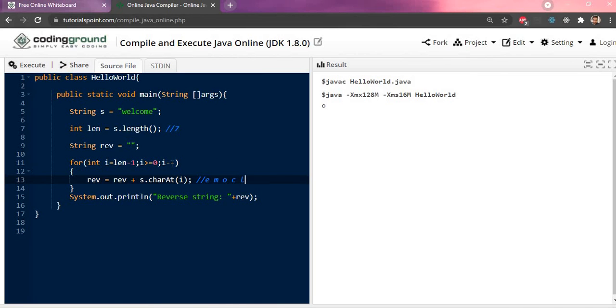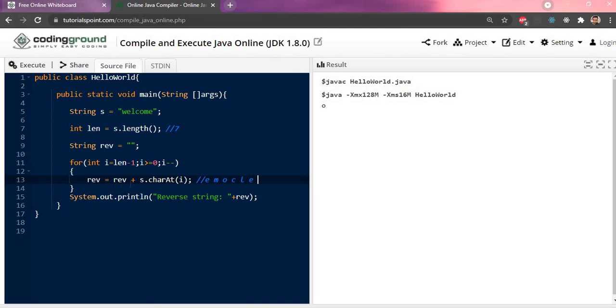Here again i will get decremented to 1. i equal to 1. 1 greater than or equal to 0. It will come here. What is the first index value? 0, 1, E. Now 1 is decremented to 0. i equal to 0. 0 greater than or equal to 0.